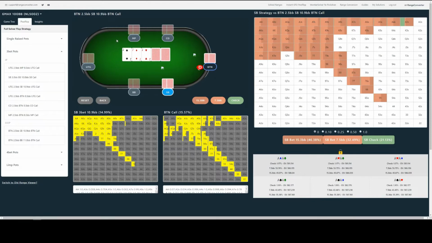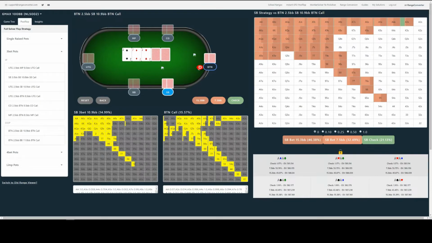The other thing is, much like the pre-flop browser, we can copy the ranges if you want to run your own separate simulations in PIO or any other solver software. You can copy the ranges here and copy and paste them and use them for your own simulations if you want to do node locking or whatever else you may want to do with your studies. Okay, so that's the post-flop browser covered.